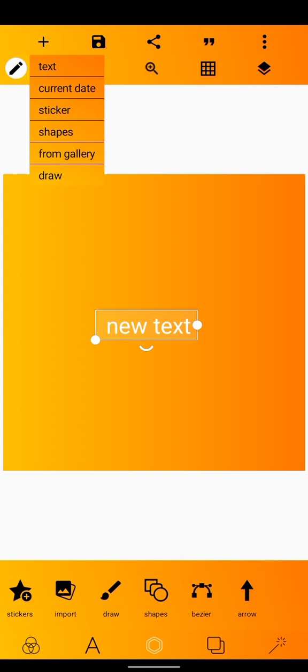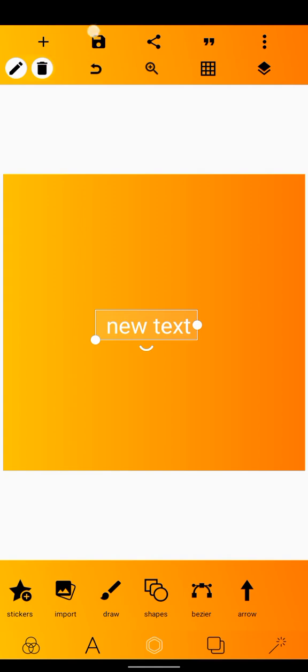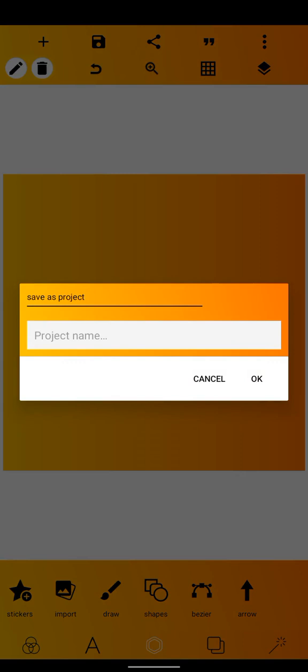The next icon you see there is this one over here. This is majorly used to save your work. So click on it, you see two options: save as project and save as image. Save as project is to save your current work you're doing. Maybe you're done with the work, you want to save it, you just click on save as project and you